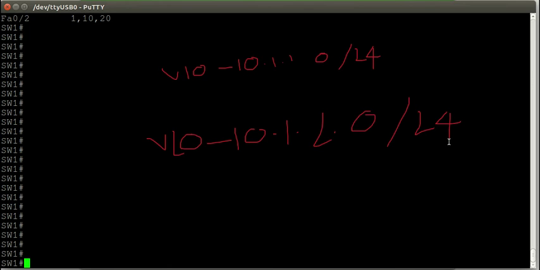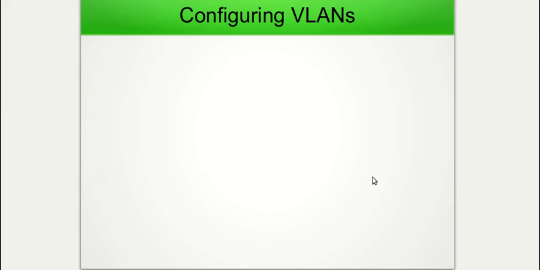So with VLANs, we're reducing the size of the broadcast domains, but now we're starting to use more IP addresses because we need an IP network for each VLAN. That means that if we would use 100 VLANs, we would need to use 100 different IP networks within our enterprise network. So we've reached the end of this video, and we've seen how to